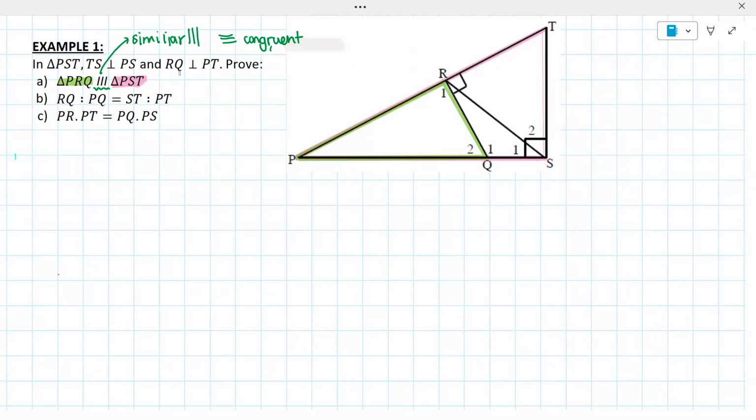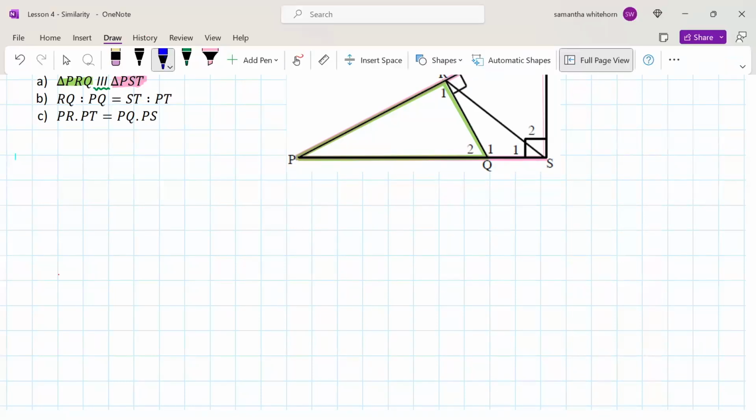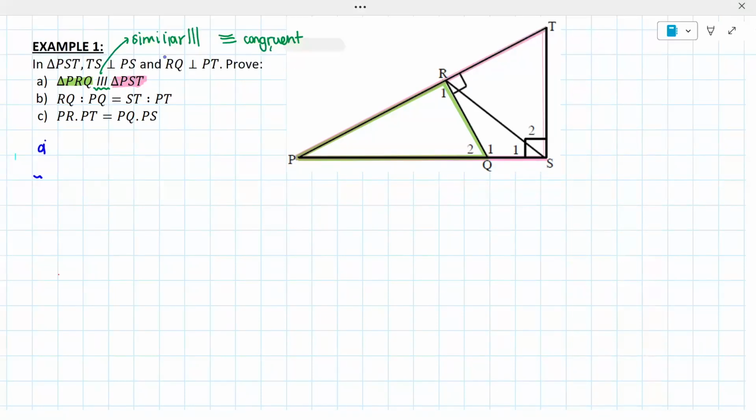Okay, so in trying to prove similarity here, I need to look out for either angle, angle, angle, or size and proportion. Now it's generally pretty clear which one you're going to use. Because in this case, I have been given absolutely no information about the sides. I don't even have a ratio in my information for my question. I'm definitely not going to try and prove size and proportion. I'm going to use angle, angle, angle. So the way we set up our answer is we first state what triangles we're working in. So we say in triangle PRQ and triangle